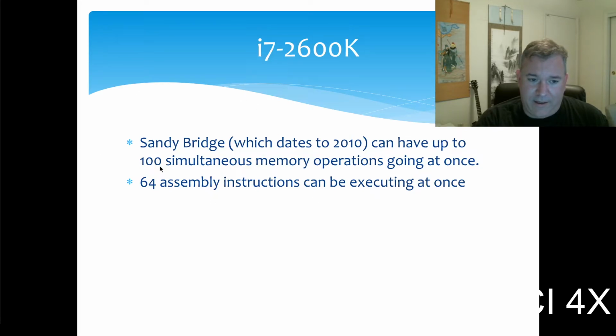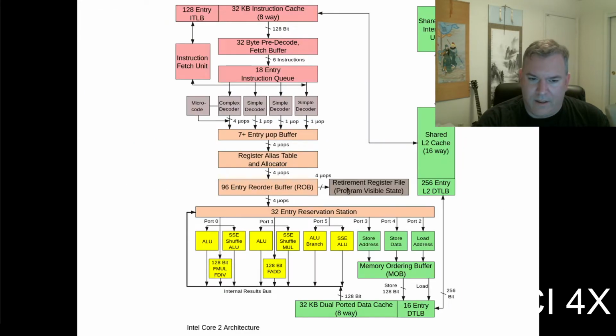The 2600K can have 100 simultaneous memory operations going on at a time. It can have sort of 64 assembly instructions in flight at once. So usually that's not possible if you're just doing basic things like adding and subtracting, because maybe, yeah. But yeah,